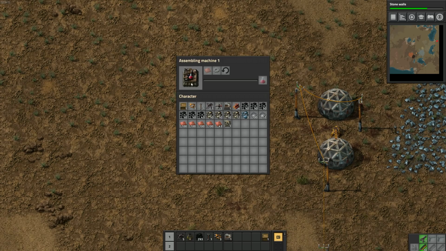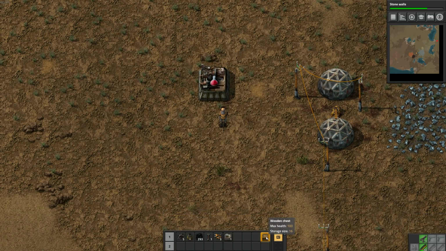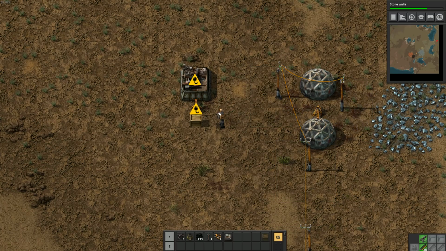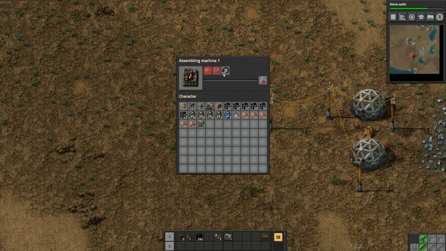So maybe we'll make iron gear wheels first, which requires iron plate. So I'm just going to use a chest. This is going to be a very low-tech way, very manual way. I think I want it like that. So we'll put some iron plate in there. And we'll make...